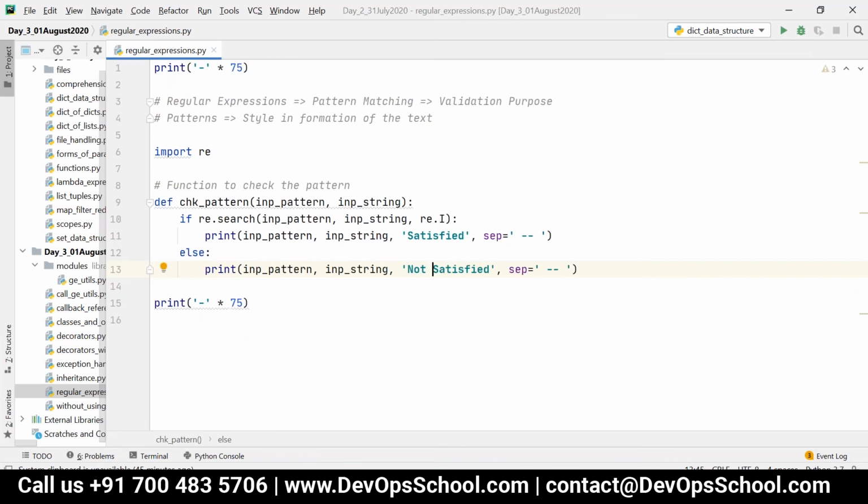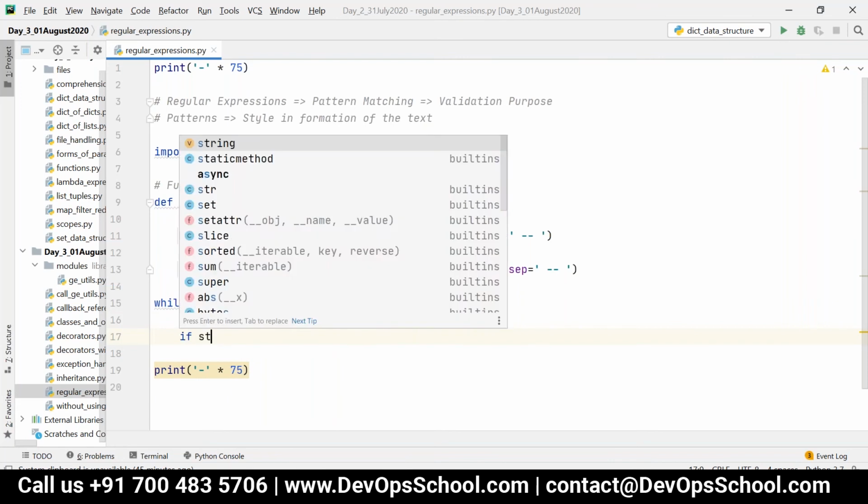Okay, it is not satisfied. All right, so now I'm going to get the input from the user. That is, while True, string is equal to input of "Enter any string".